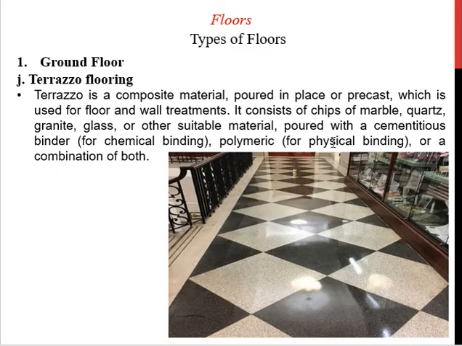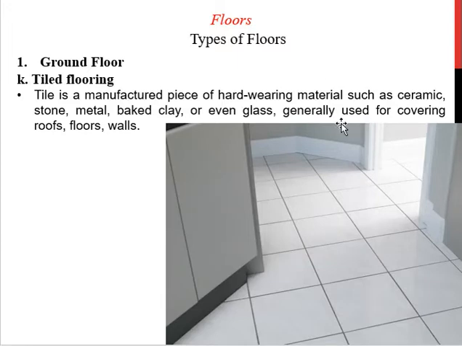Next we have terrazzo flooring. Here terrazzo is a composite material that is made by pouring, or of a precast, which is used for floor as well as wall treatment, and that consists of chips of marble, quartz or glass-like materials. So this is an example of terrazzo flooring. Next we have tile flooring. This is cheap in comparison to marble flooring. Here we are using ceramic stones and baked glass in order to cover the floor of our room. Such type of flooring is mainly used in the washroom or bathroom, and it is basically not used in living rooms. In the living room mainly we go for the